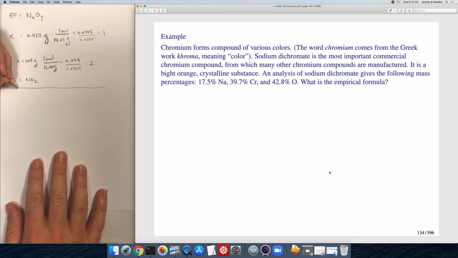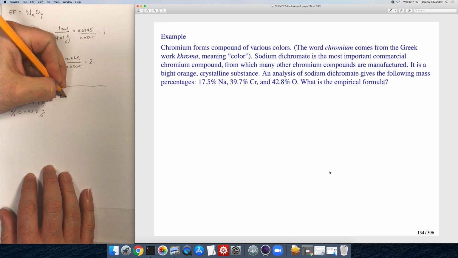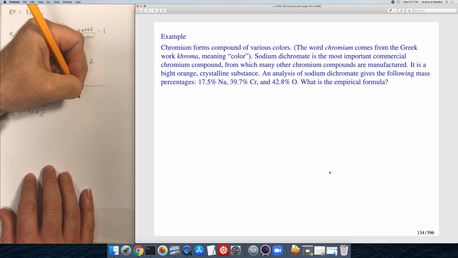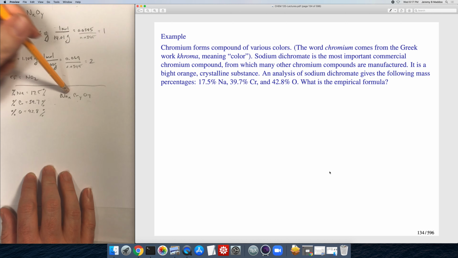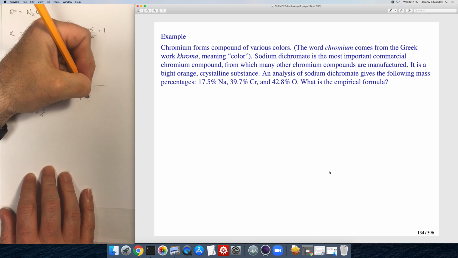So we know that the percentage of sodium is 17.5, the percentage of chromium is 39.7, and the percentage of oxygen is 42.8, and we are being asked to find the empirical formula for that compound. So we need to figure out what the X, the Y, and the Z are in this generic